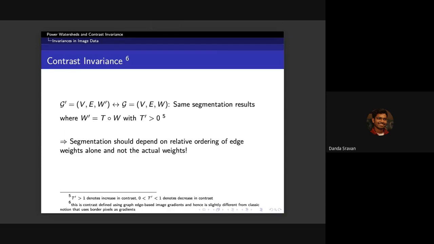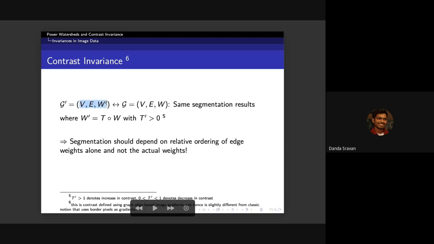So what exactly do I mean, and how does contrast invariance translate to this particular mathematical setup? A well-known way to use the notion of contrast is to work with the pixel intensities. Say I have a grayscale image. Simply scaling up the pixel intensities would give me a contrast enhancement. But if I work with, say, edge weights, now this boils down to the fact that